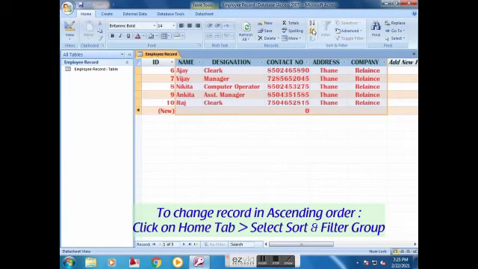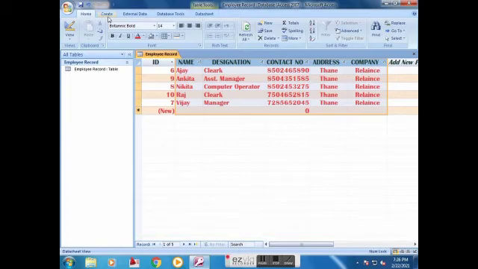To change the records in ascending or descending order, select the table, click on the Home tab, and select the Sort and Filter group. In that, select the A to Z option to get the ascending order.